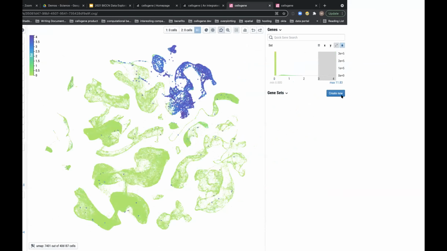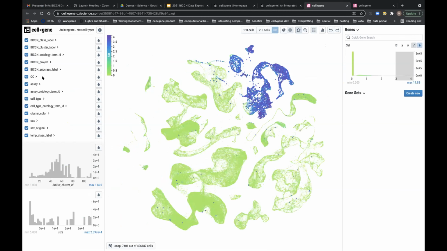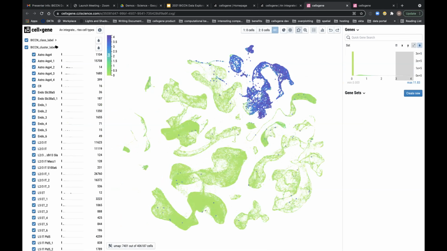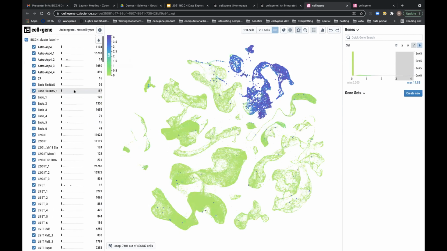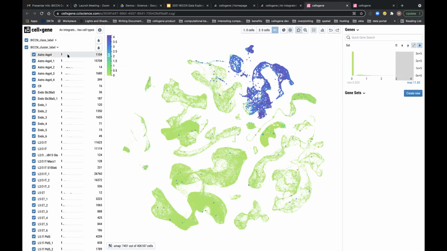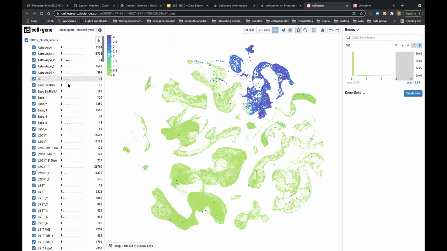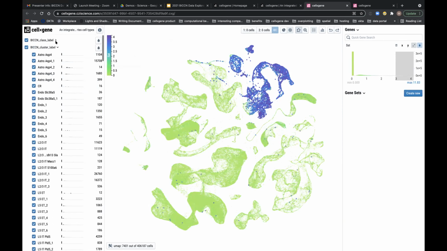I'll undo that briefly. I think the only thing I want to note is that we can again, and I hope there's not too many labels here because that can sometimes take a while to compute, basically get access to these histograms and look at this gene expression partitioned by whatever categorical metadata you choose to open.